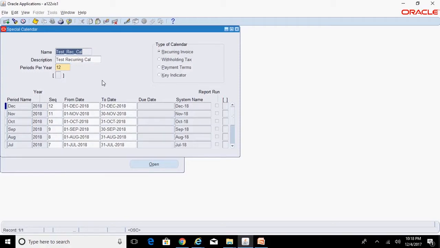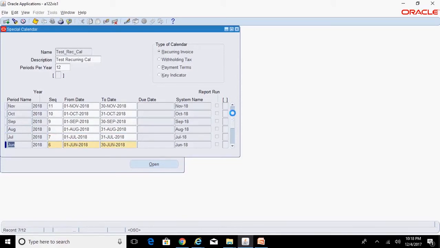When you create a special calendar, you need to select the type of the calendar as recurring invoice, because this is the calendar which will be used in the recurring invoice template, and you specify the periods under your special calendar. I want to create a recurring invoice for the next, say, 12 months or 12 periods.